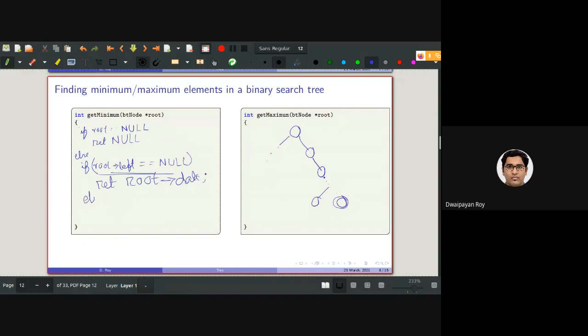And else means root left is not null, so we need to call this same function, get min, with root left. Similarly, for get maximum, we need to check root right and pass on root right here.